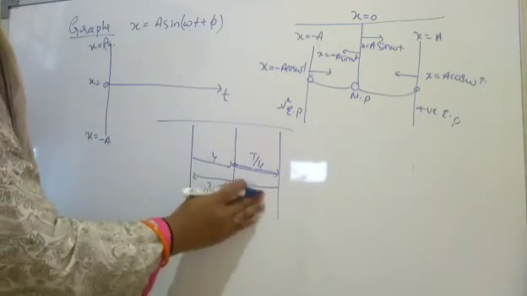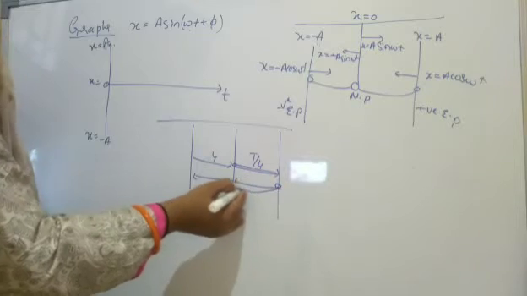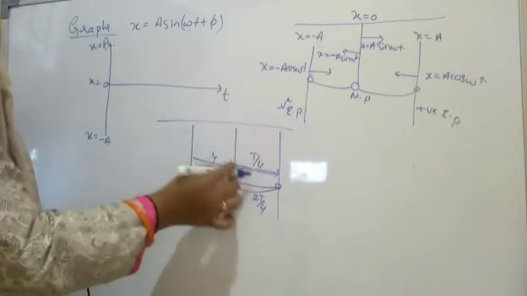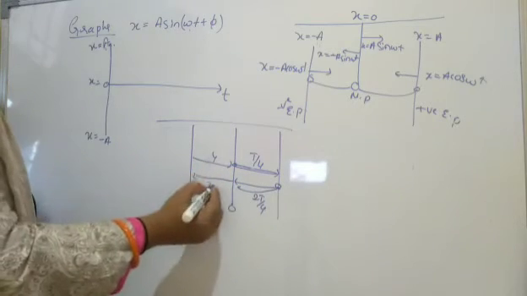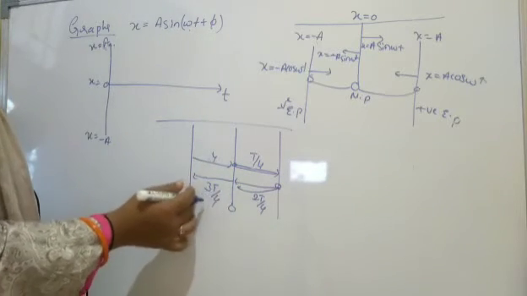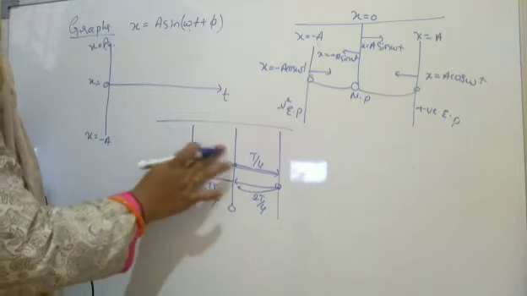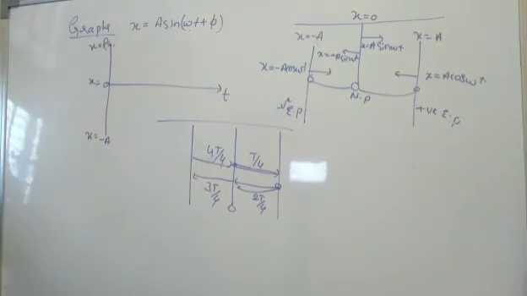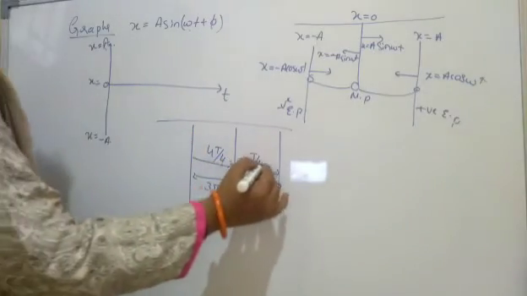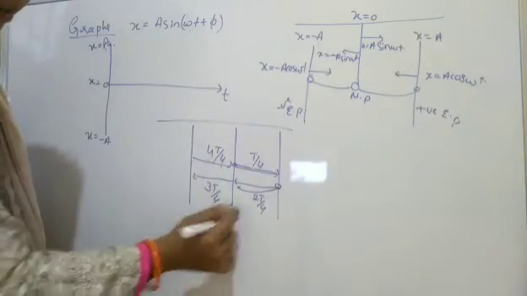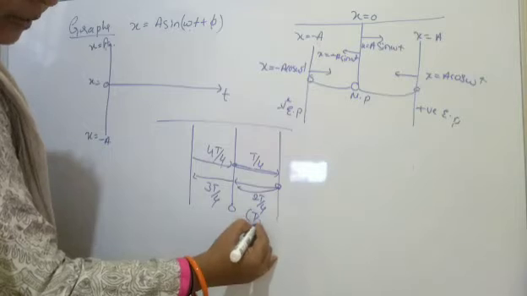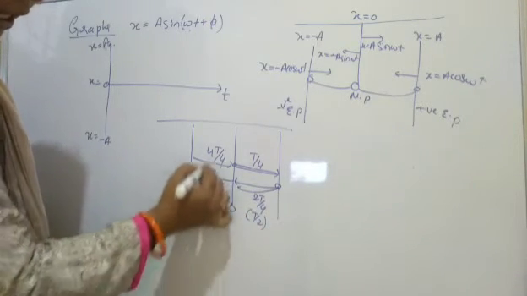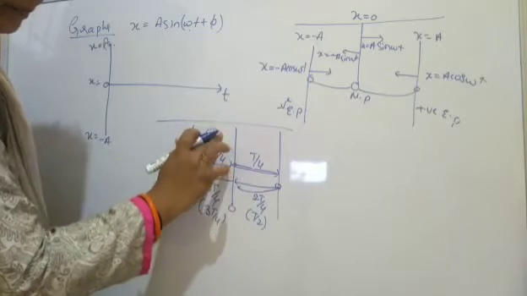Again it will go from the extreme position to the mean position. I will write it here 2 times, so this is the second time. Third time means 3 T by 4. And the last one is 4 T by 4. So we can write it in the simple form: here T by 4 will remain the same, here it will be written as T by 2, here it will be written as 3 T by 4 only, and here I can write directly T.